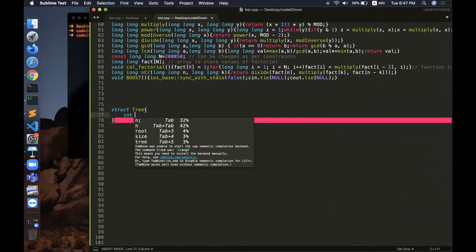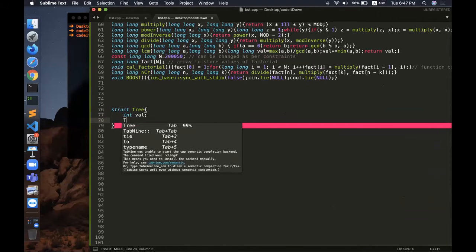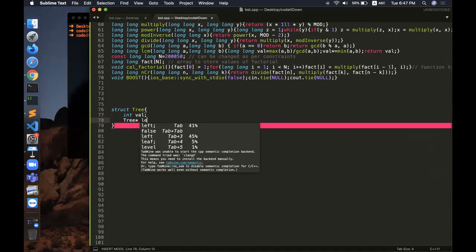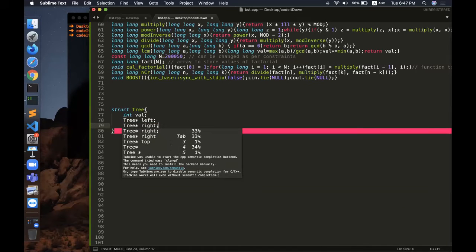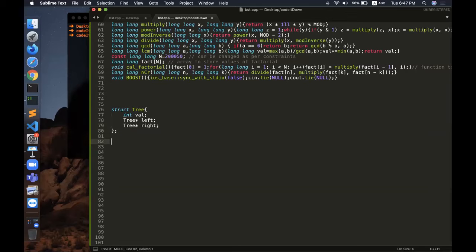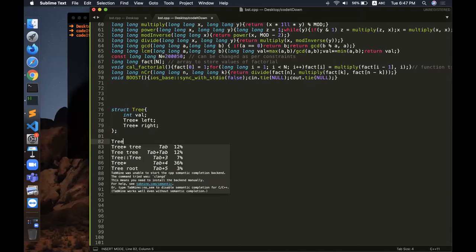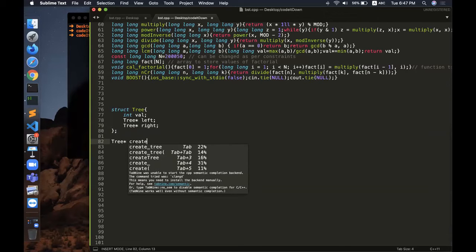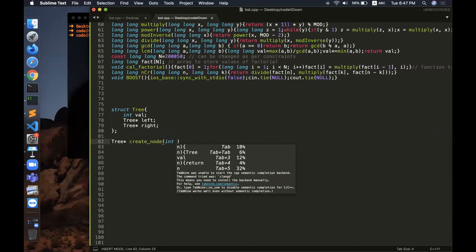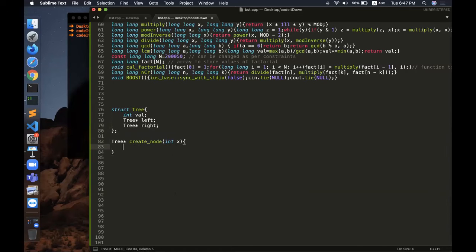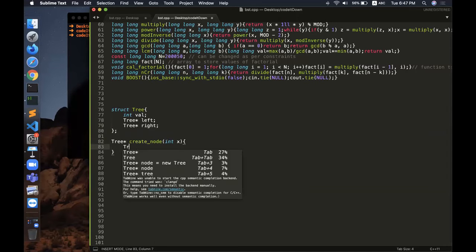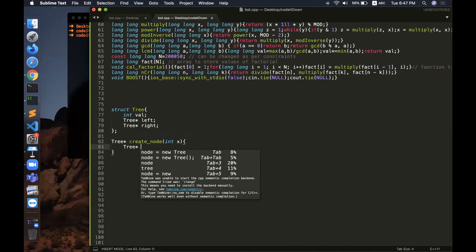I can take, let us say, a value, then a left node, say left, and then a right node, say right. Then I simply create a function which should create a new node. I pass the value x which I want in my node. So I'll say tree star, let us say, node.